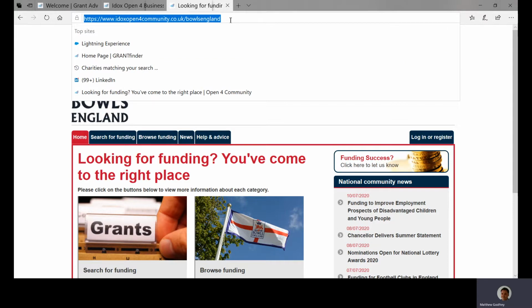So what I'm highlighting at the moment is the URL, and this is where you'll find the site. So it's www.idoxopenforcommunity.co.uk/Bowls England. And by putting that into your browser and clicking enter, that'll take you directly